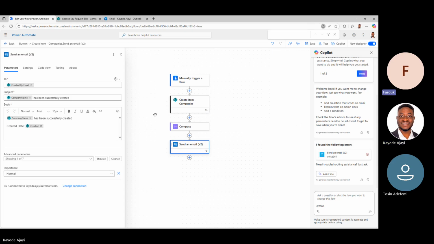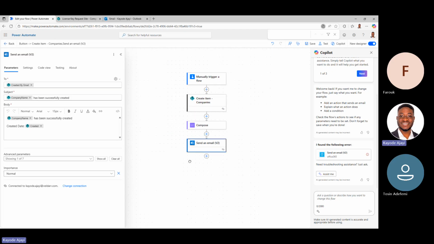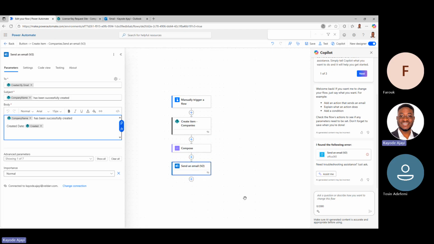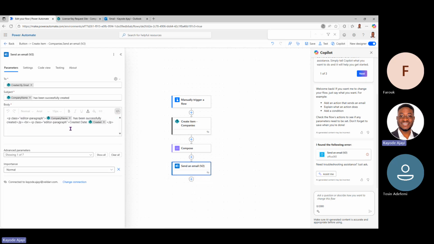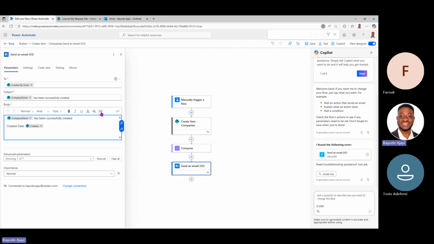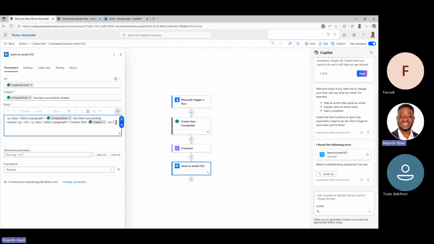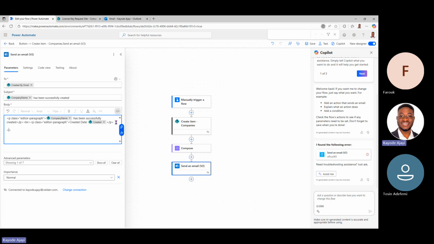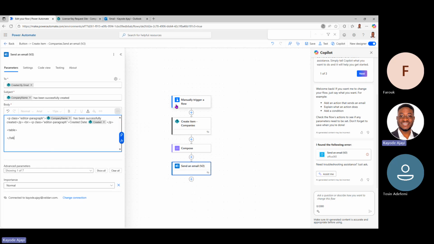So let's talk about the send an email action, because you'll probably be doing this a lot. For the send an email action, you have the actual view here, and you also have the code view, which is HTML. This can be quite useful if you want to do an HTML table. Because if you look at these options, you can't really see table here, right? But you can literally come in here and do HTML stuff. So table, close table,